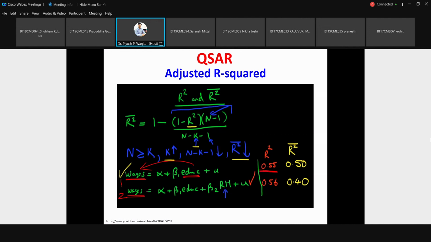Now, along with education, some other factor is considered, RH. This RH means whether the person is right-handed. Based on that, some number has been assigned, and it tries to show some relation with the wages. Whether a person is right-handed or left-handed should not be related to the wages. Still, you are trying to develop the model with that.